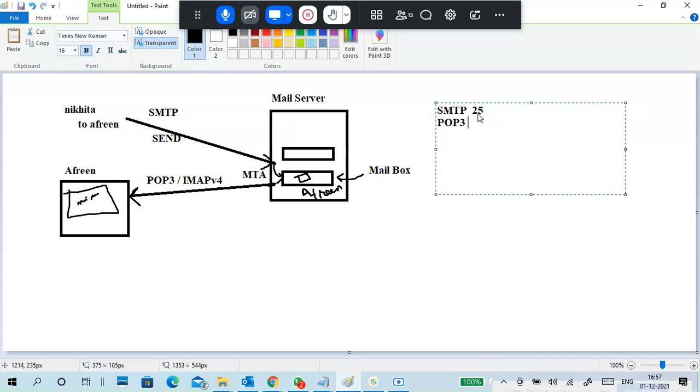The POP3 port number is 110. The IMAP version 4 port number is 143. This is very easy to remember. 110 may be difficult, but try to remember the port numbers.